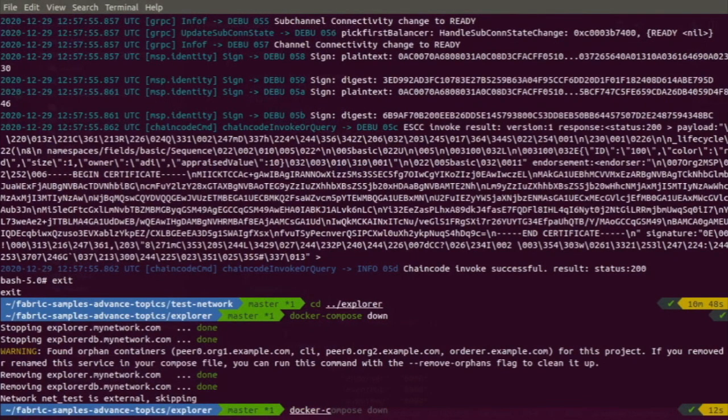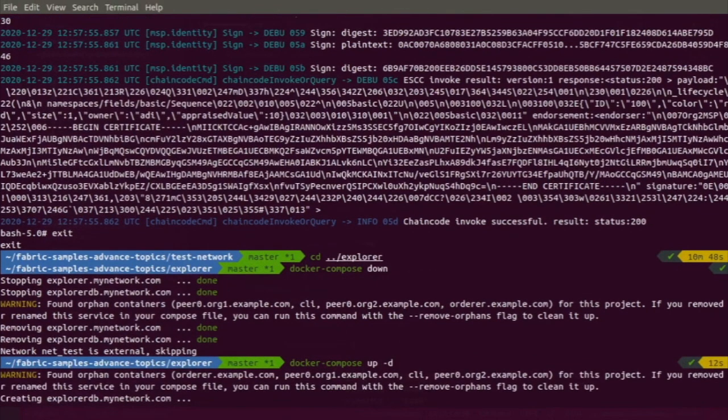Docker compose up -d. This time you will see that it actually does not require us to log in. So the containers are being created right now. The Postgres container is being created,